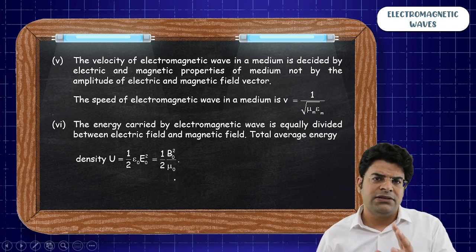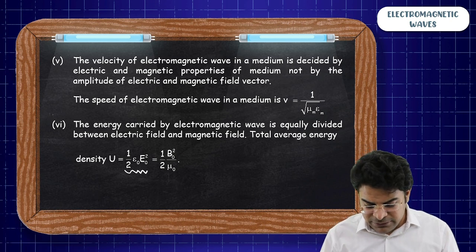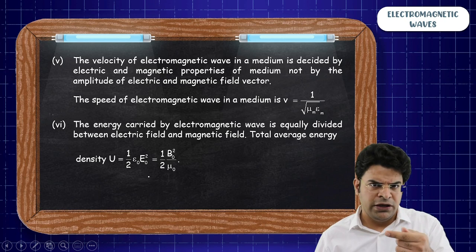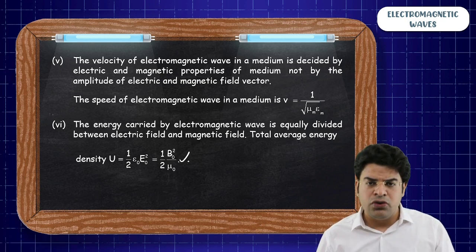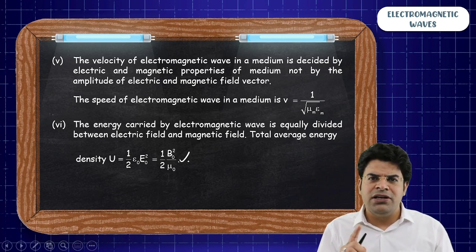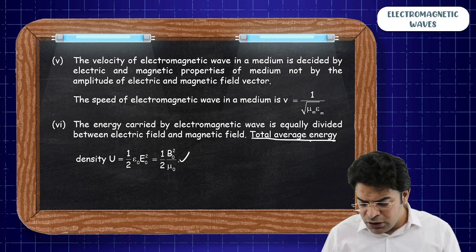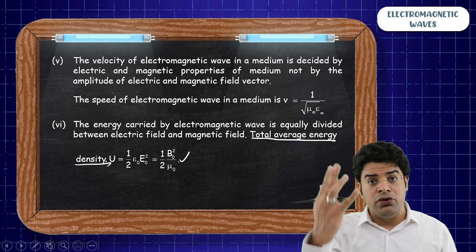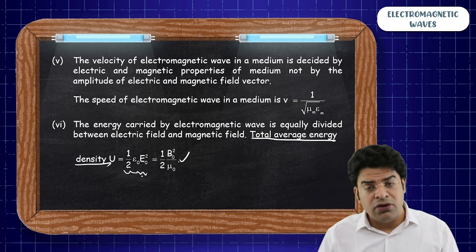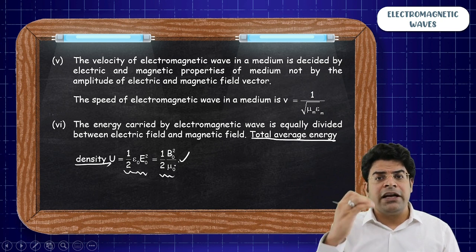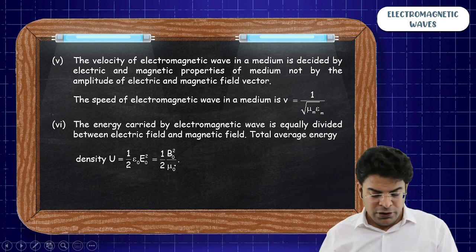Now students ask me, sir, this half epsilon naught E square is the energy stored in the form of electric field only, na? Yes. And this B square by 2 mu naught is the energy stored only in the form of magnetic field, na? Yes. Then sir, why are you saying that the total average energy due to both equals half epsilon naught E peak square equals the peak value of magnetic field whole square divided by 2 mu naught? To understand that,